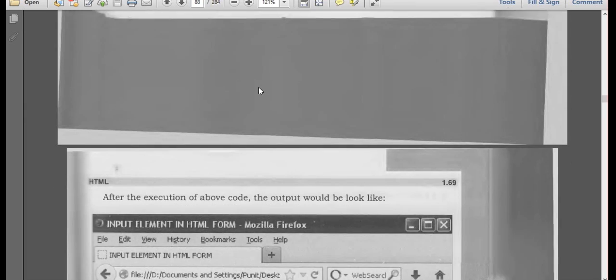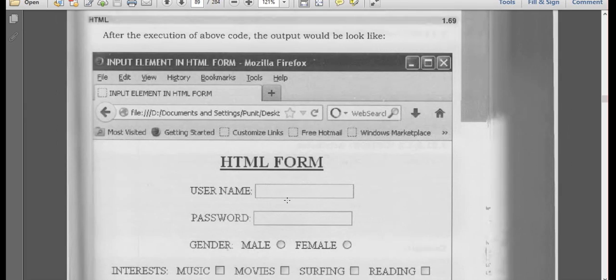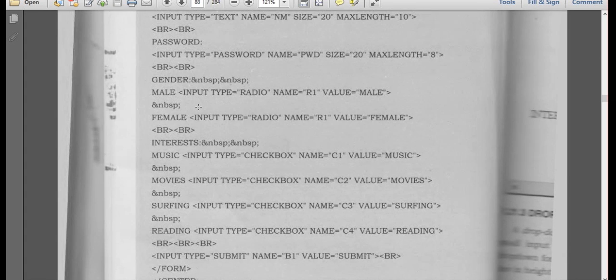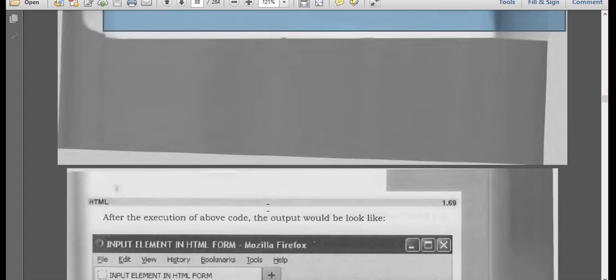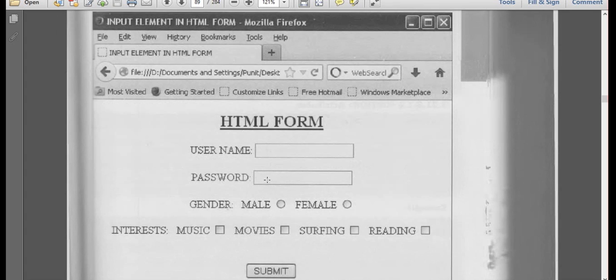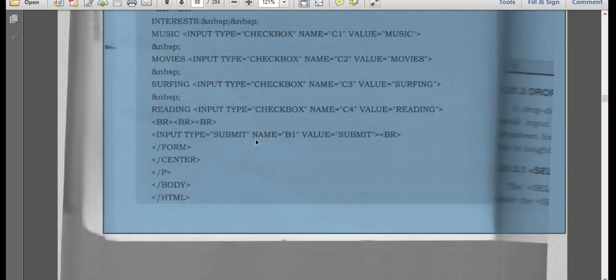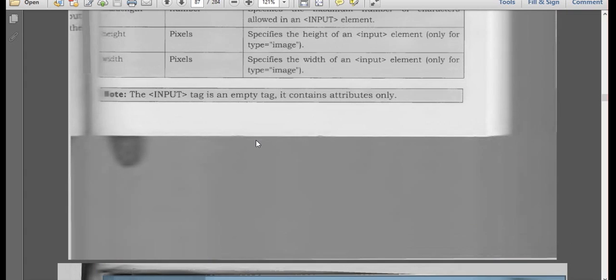Okay. Next, username is a label, it is a text box, input type is equal to text. Password is also a label, input type is equal to text. So we'll see those two, how he has written. For this he has to open the form tag, input type equal to text, name equal to NMS, size is 20, maximum length is 10. So 10 characters we can enter. Break, one more is password. So here it is also password. In this, whatever you enter in the password box won't be displayed. It will be in dots. Okay.